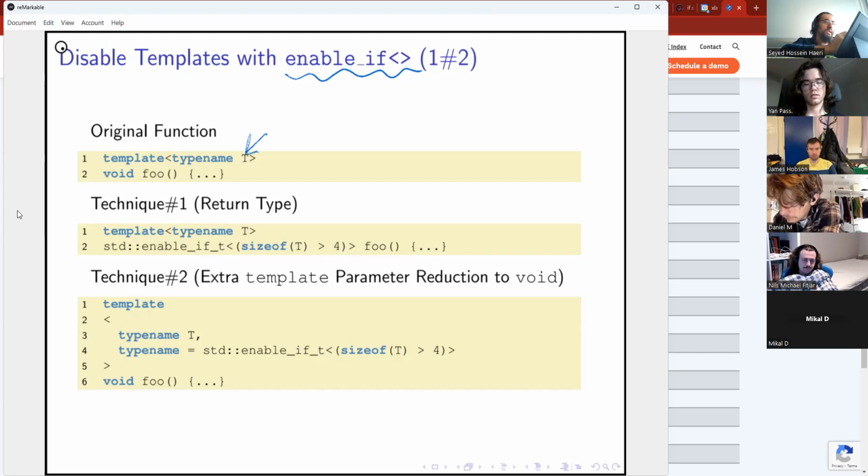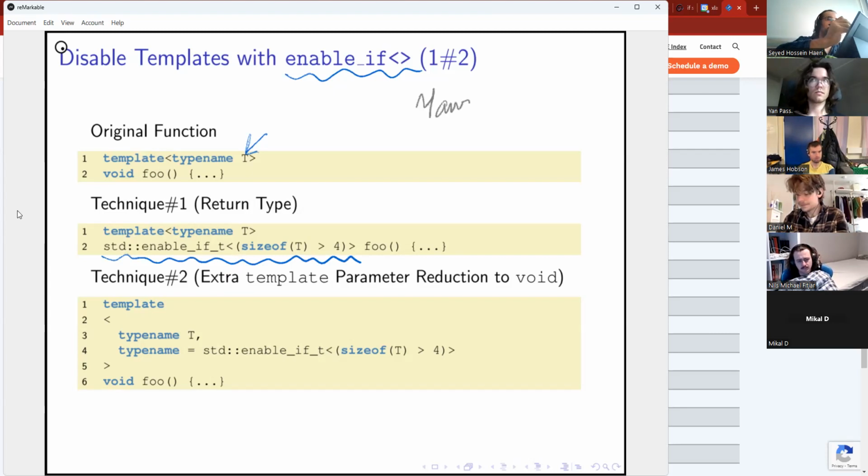You can use enableif by giving this function foo the following return type. Now, this big ugly creature will type reduce to void if it is a valid type.